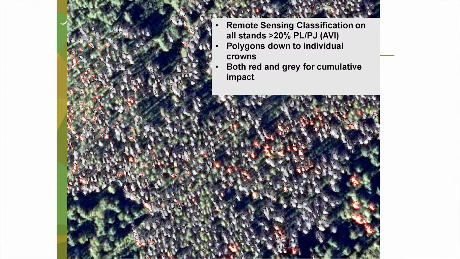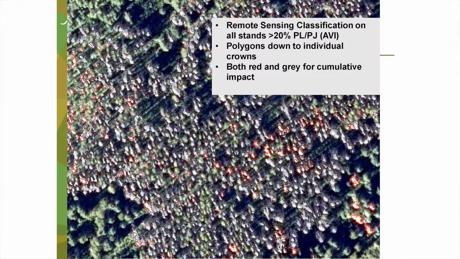So we did a little bit of testing to see what could be done to remote sense classify this stuff. We ran some tests and it was good. So 2 years ago we initiated a call for proposals to give us some strategies and tactics to remote sense this stuff. We gave the contract to a company called Castless out of Victoria, and that's who we started doing the work with. And 2 years later, we've had this ongoing for 2 years, like I said. But this is the output that they've given us.